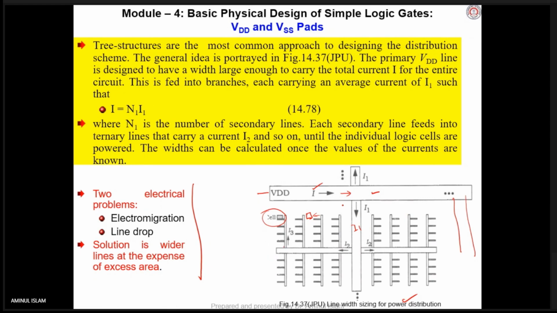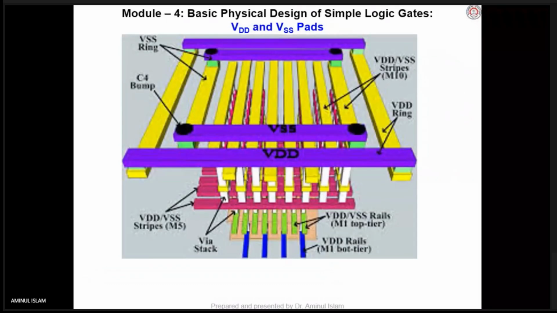Remember that the primary current I is the summation of I1, I2, whatever lines you have; maybe more lines will be there. It is not only one shown here. It is a symbol given in one place. This is one diagram, and here is another diagram of this. See, the outer or top metal layers are thicker and wider, and at the cell, the bottom is maybe thinner. So M1 is at the bottom.